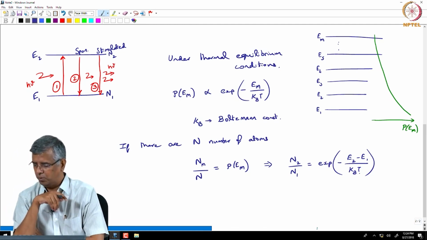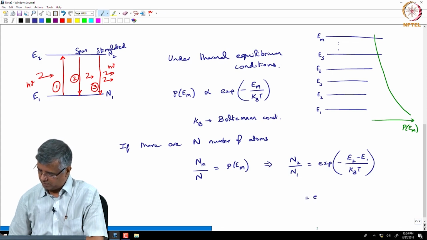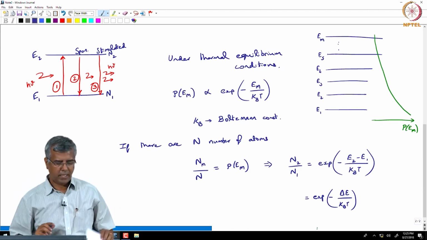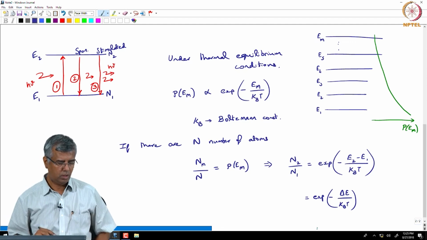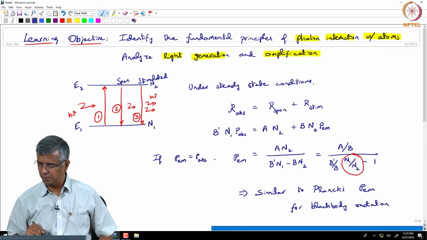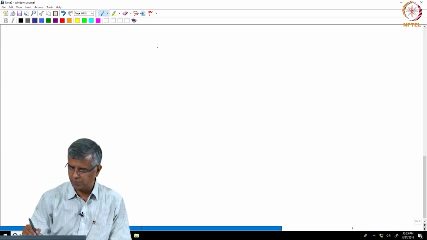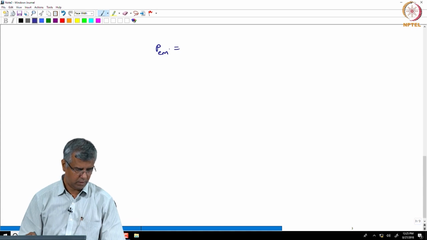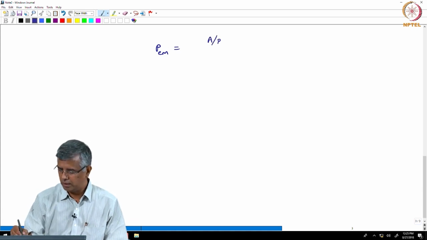Now, of course, I can write this simply as exponential of minus delta E over kBT, right. Now, I can plug this back into what Einstein had observed, right. I would then get the expression that the emission probability density is going to be equal to A over B divided by B prime over B